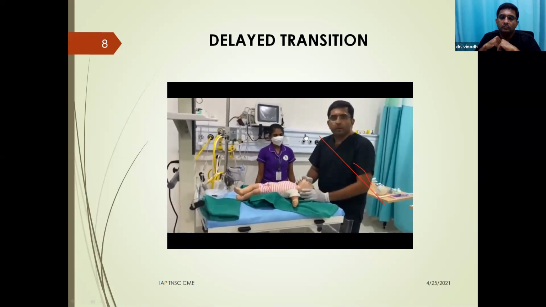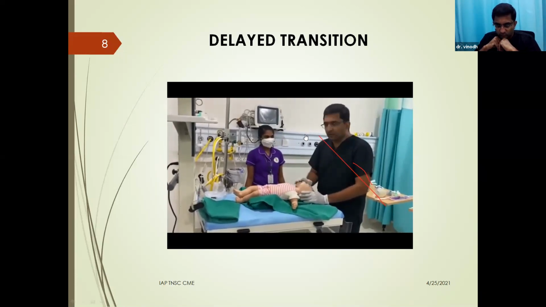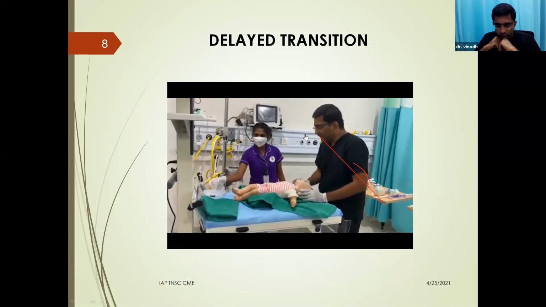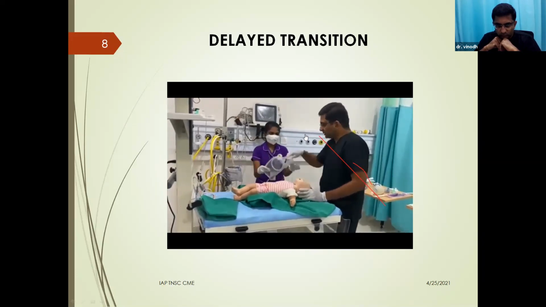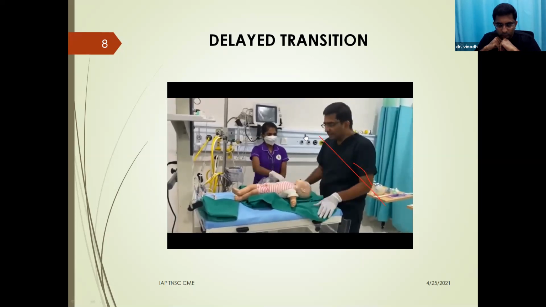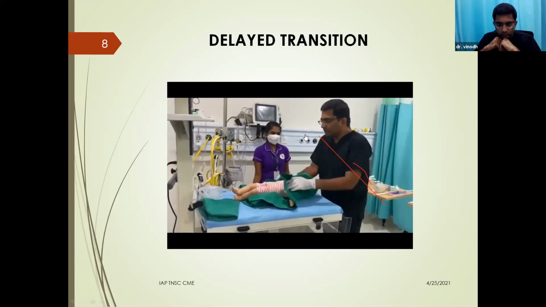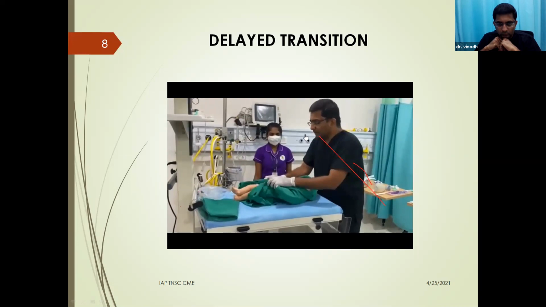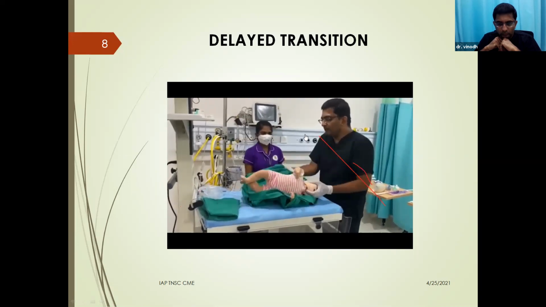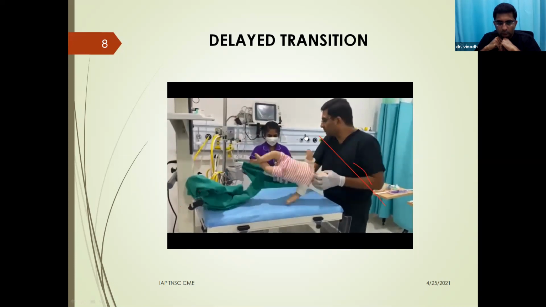Look into the airway. Only if there are secretions that obstruct the airway, you are supposed to go for suctioning, or else there is no need for routine suctioning. Suction catheter, please, sister. Suctioning has to be done first in the mouth and then in the nose. After clearing the airway, the baby has to be positioned well. The baby has to be dried with the towel, and the wet towel has to be removed immediately and replaced by a warm towel.